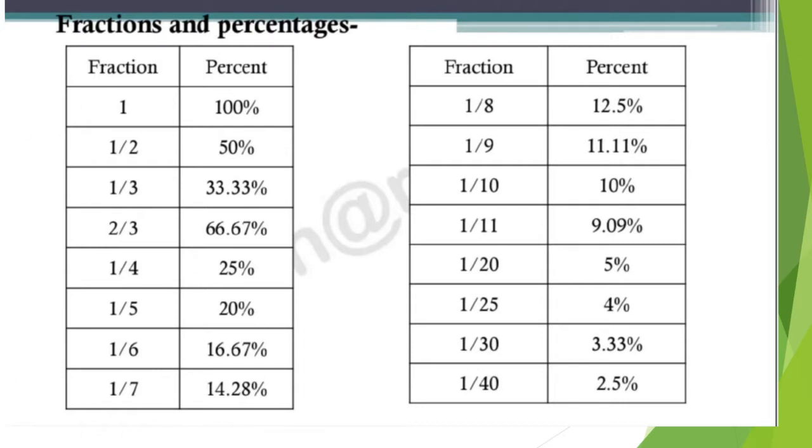Hello friends, good evening. Today I will be discussing some of the most important topics from UGC NET, that is data interpretation, Paper 1. In data interpretation we will get 10 marks. That means we will get one comprehension type question with 5 questions, and each question carries 2 marks.